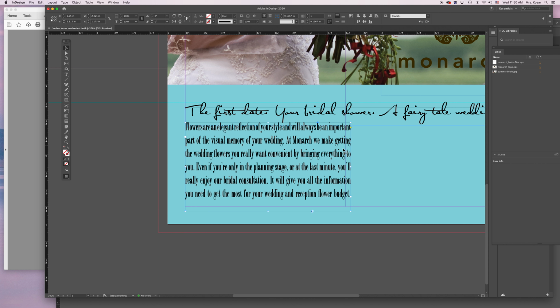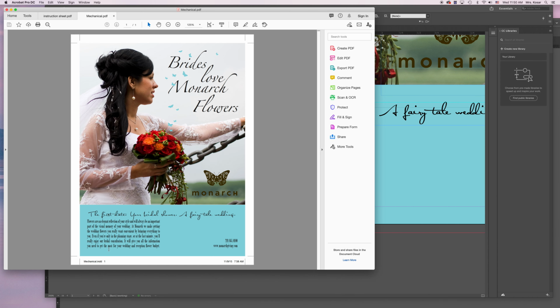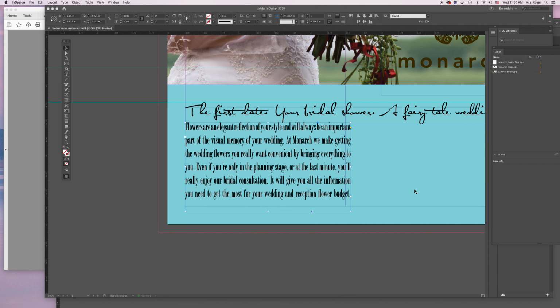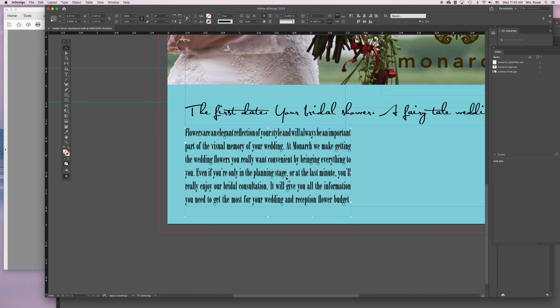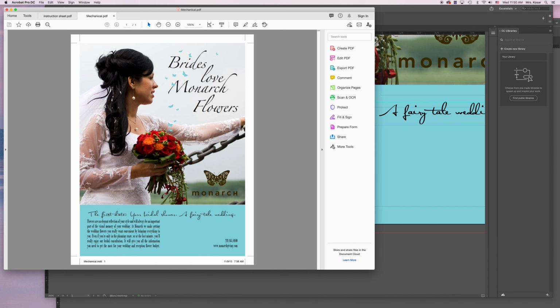that center line. And then we need to move that down because if we notice that text, the descenders are on that margin. So we're just going to move that whole text box down until those descenders are lining up right above that margin. The next text that we need to set, the last text, is the phone number and